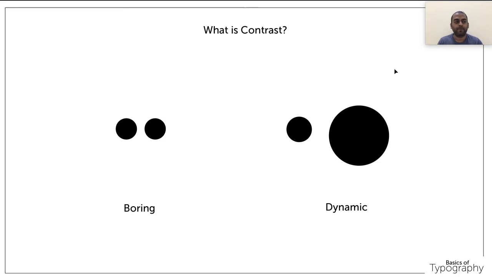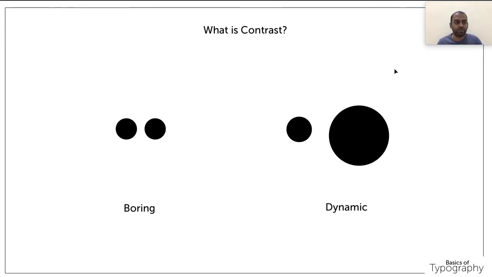That is case 1 and this is case 2. In case 2, again the left-hand side is boring, but on the right-hand side there is an ample amount of contrast with the help of size. One circle is definitely bigger than the other, and that creates a dynamic effect. Imagine a small boy and a tall girl, or a small girl and a tall boy, whatever it is, there is an ample amount of dynamism hidden in this. That itself creates a contrast, and that itself drives our eye towards the bigger circle.